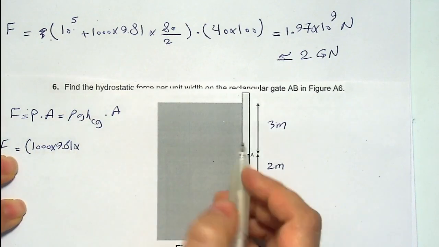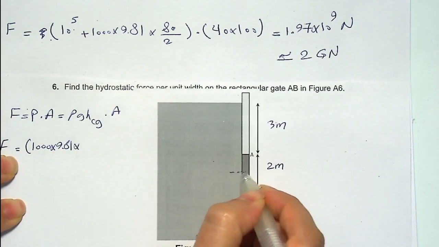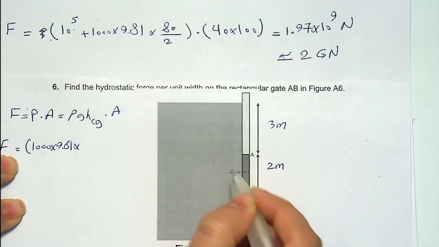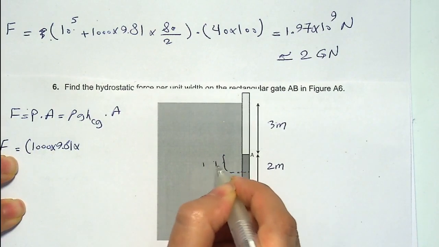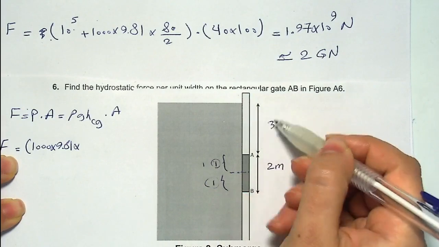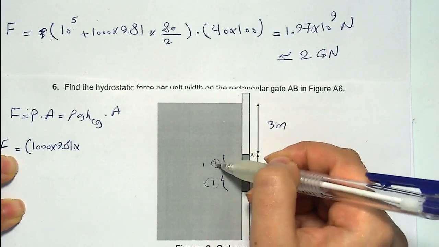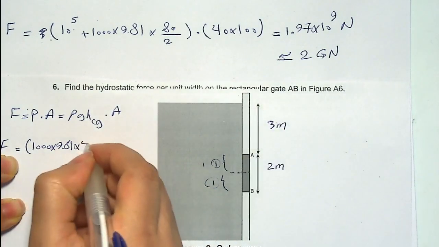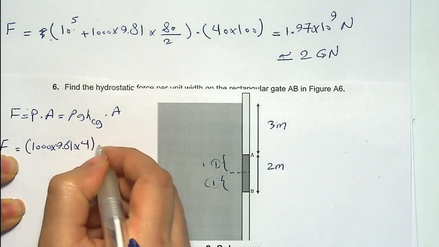The important thing here is that the center of gravity would be in the middle of this plane. So this part is 1 meter, and the other half is 1 meter. I need to use the 3 plus 1, which is 4 meter, as the height, and then multiply it by